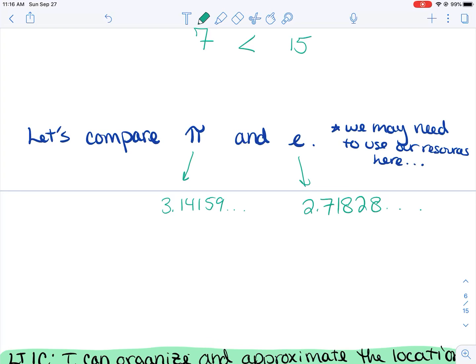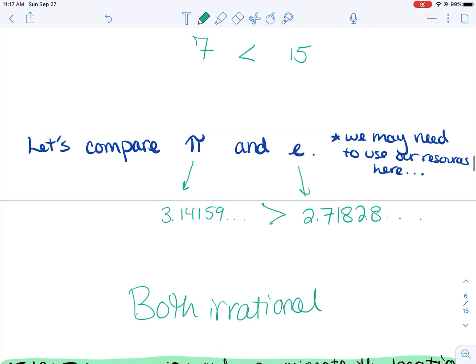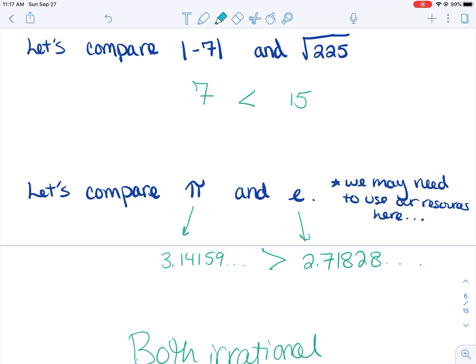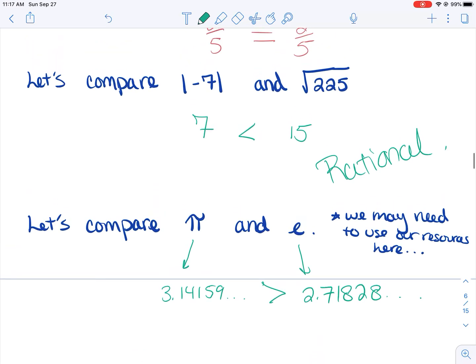All right, so now that we've written those in the same form, first of all, both of these would be irrational numbers, right? Those are non-terminating, non-repeating decimals. So both irrational. And which one is larger? Well, pi is larger than E, all right? And I think we forgot to mention up here, but 7 is less than 15. 7 and 15 are both rational numbers. All right. And that about